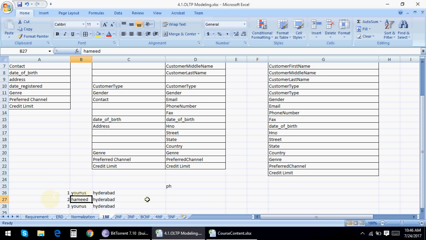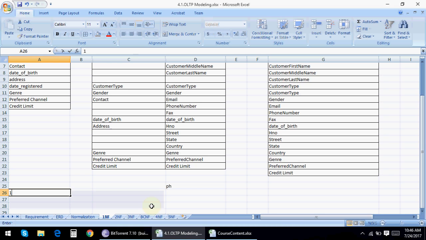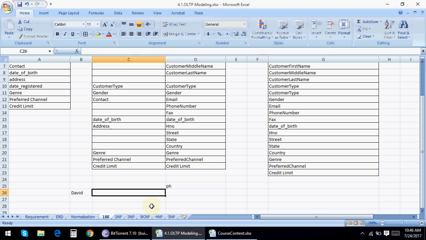For instance, if a new user is registering, his name is David and his address is US, and there is one more guy who is Stephen, and once his registration is successful, a new object is getting created, and there is one more guy, David from US.